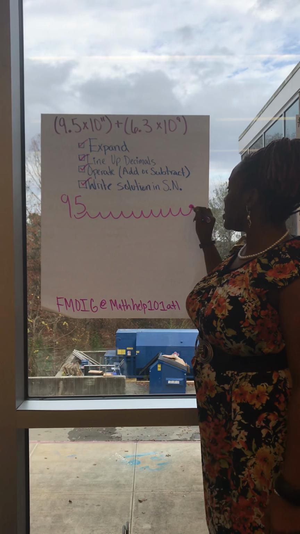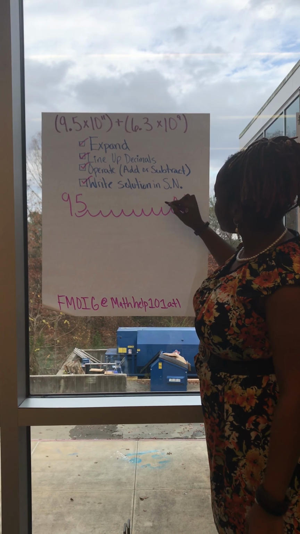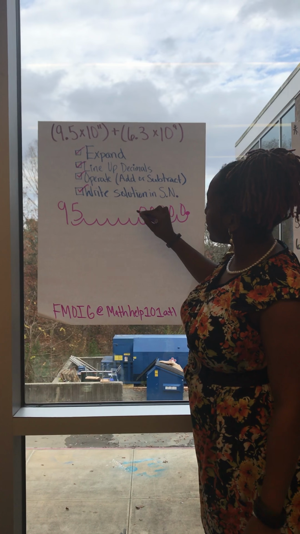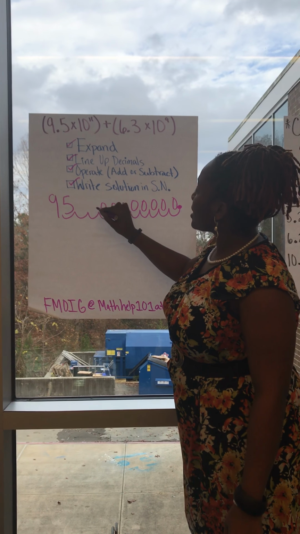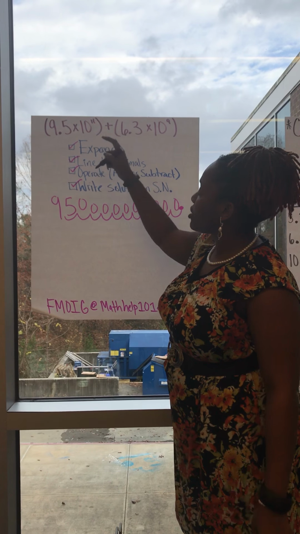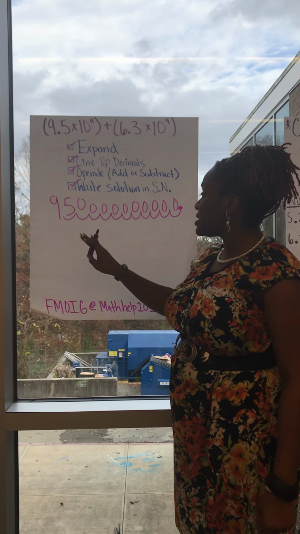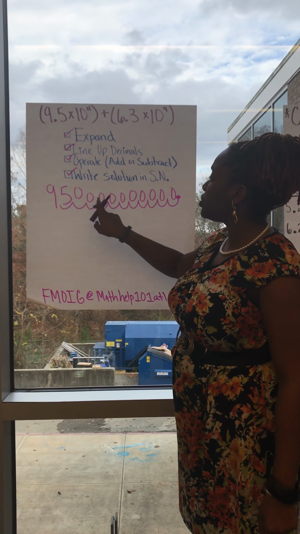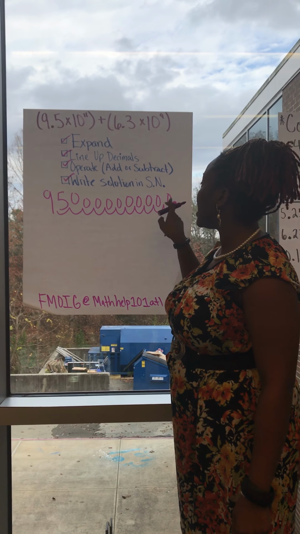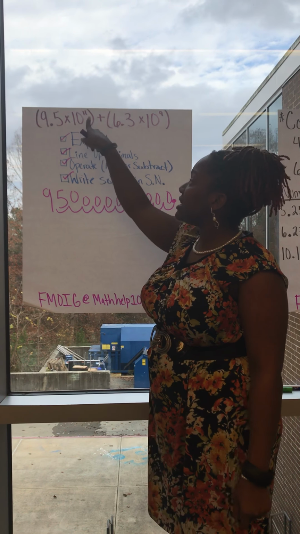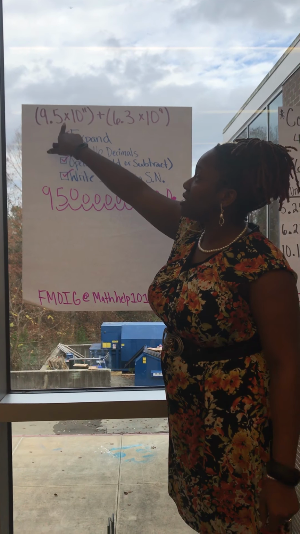This is where my decimal is now, and each of these spaces, I need to fill in a 0. Do not think that the exponent determines how many zeros, because in this case, you can see that I have 1, 2, 3, 4, 5, 6, 7, 8, 9, 10 zeros and not 11,